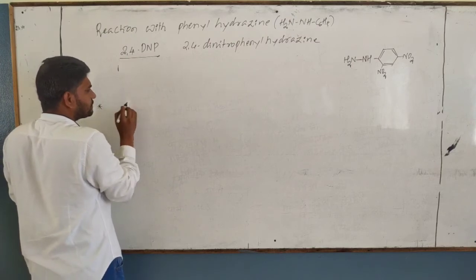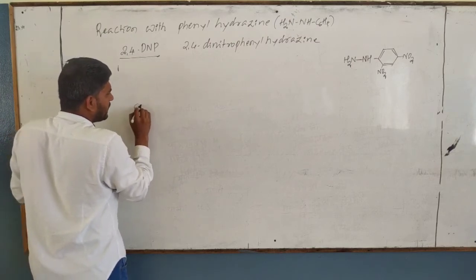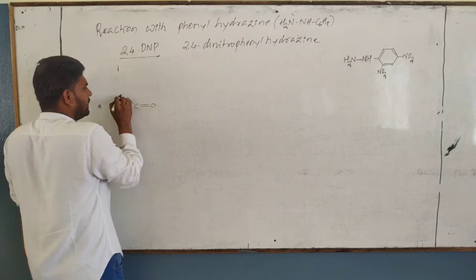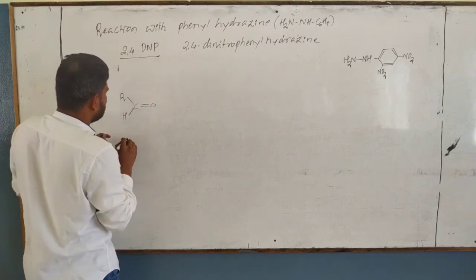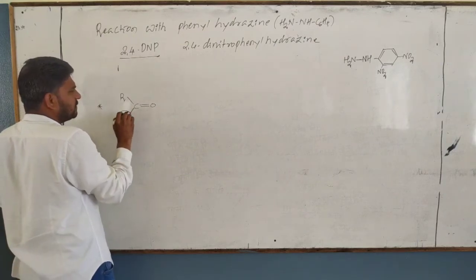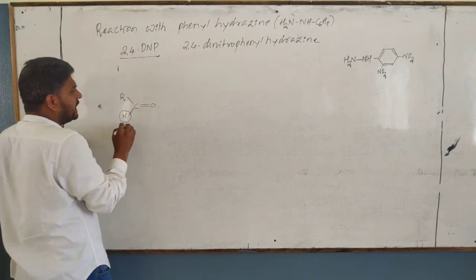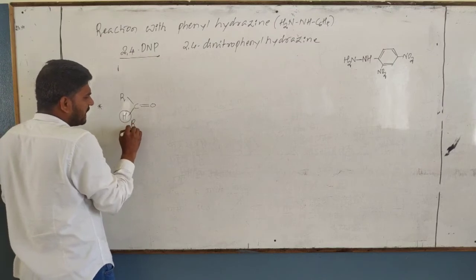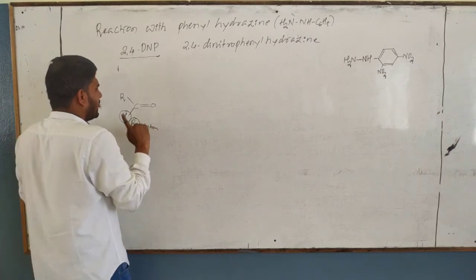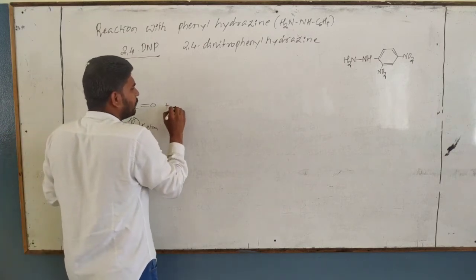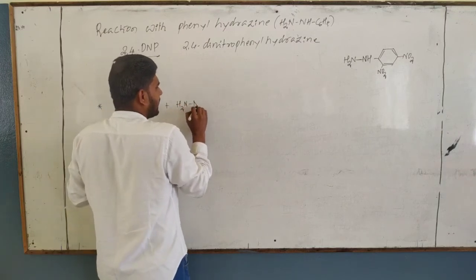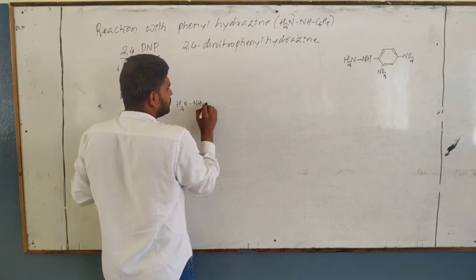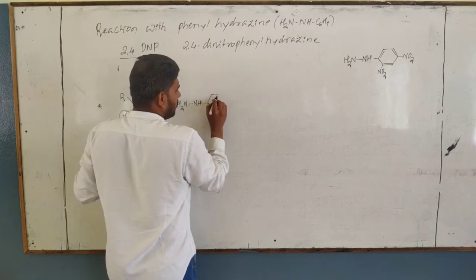That is, listen, you take any carbonyl compound, it may be aldehyde or it may be ketone. See, over here H, C double bond O is nothing but what? Aldehyde. If you replace this one by R, it is nothing but a ketone. Okay. Any carbonyl compound you take, when this 2,4-dinitrophenylhydrazine reacts, it forms,